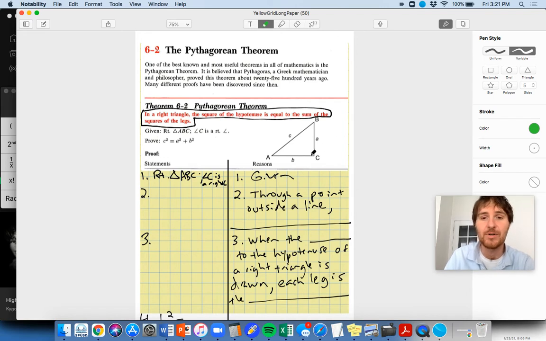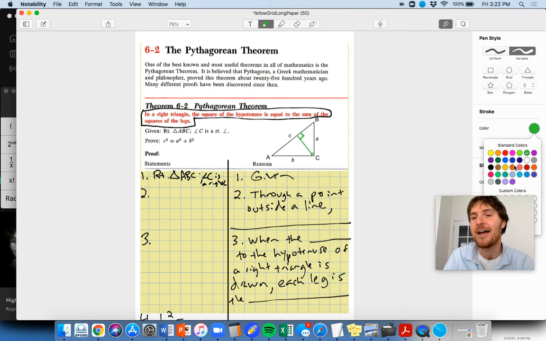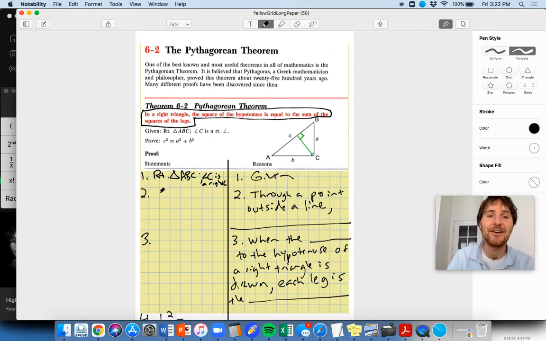The way we did this was, well, we introduced this guy right here. What's this? That's the altitude to the hypotenuse of this right triangle. Any angle of a triangle is going to have an altitude. So we're going to care about the altitude to the hypotenuse because we have theorems from section 6-1 that can help us get to the Pythagorean theorem. So what we're going to do here is we're going to draw,